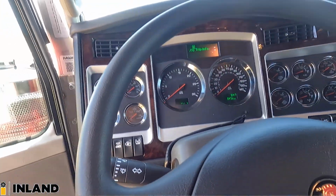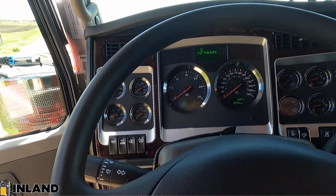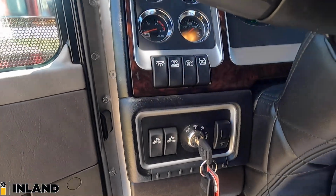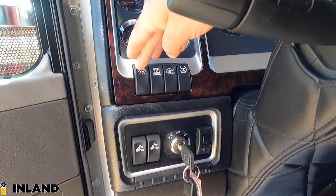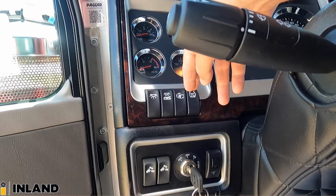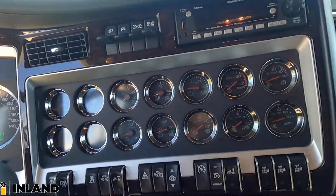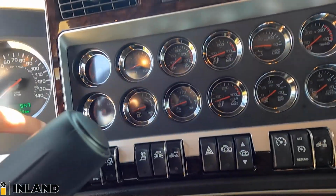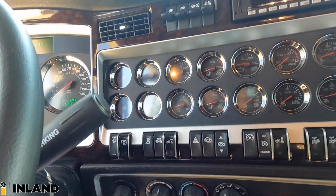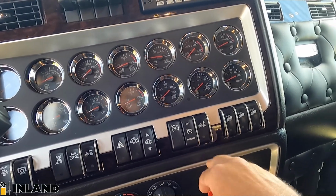So going to the dash here, we have the rubber steering wheel, so it's kind of set up to be removed and put a wooden wheel on if a person wants. Over here we have the rear light switches, the cab and bunk light switch, and then engine fan and your traction control. We got the full 4 gauges there, and then the full gauge package all the way across the front. DPF, PTO, beacon switch, auxiliary light switch, fifth wheel slider. Here's your hazards, your Jakes, your cruise, air suspension dump,